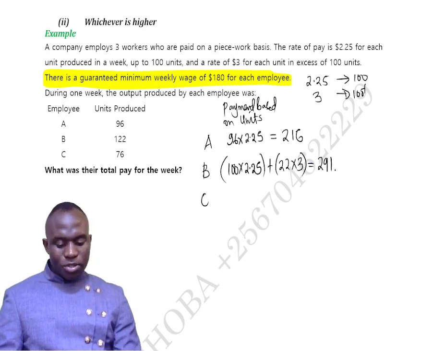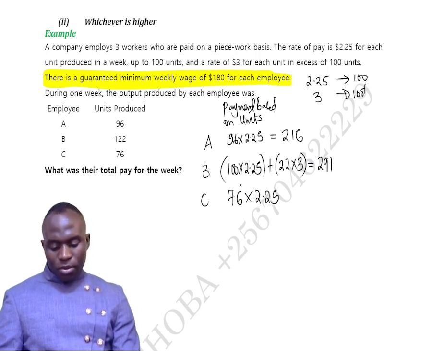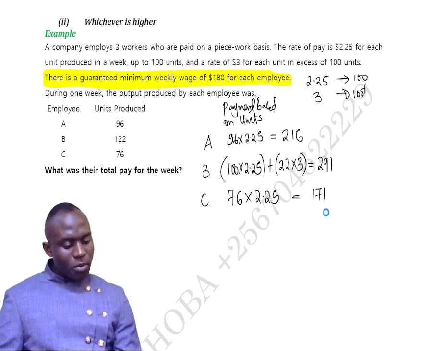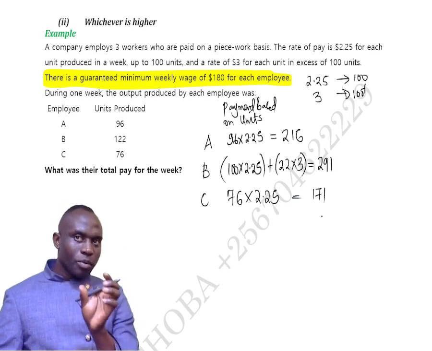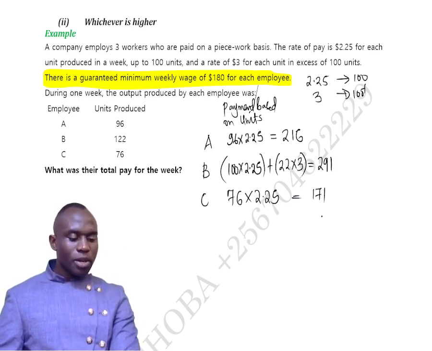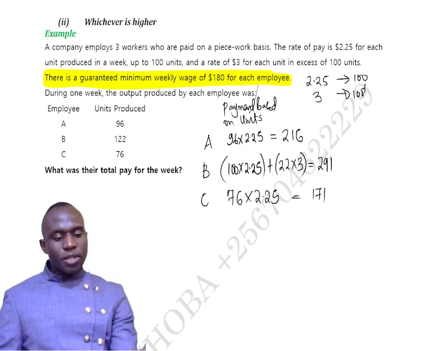And finally for C, he has produced 76 units, but each unit is paid at 2.25, making a total of 171. Now what I've put there is payment based on the units produced, but the company has a policy that